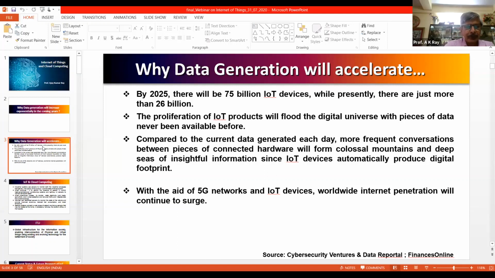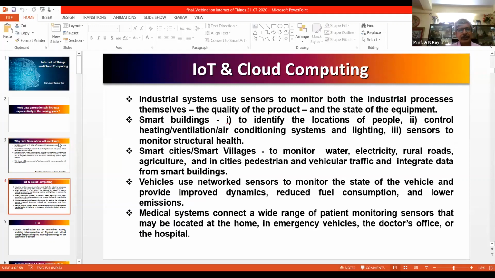So already we are in 4G, and with proliferation of IoT devices, there will be a massive surge of data. Let's see the industrial systems. IoTs are of two types. One is known as the industrial IoT, the other one is known as consumer IoT. You and I, whatever sensors we will be using, will fall under the category of consumer IoT. Let's now see that industrial IoTs will be the backbone of